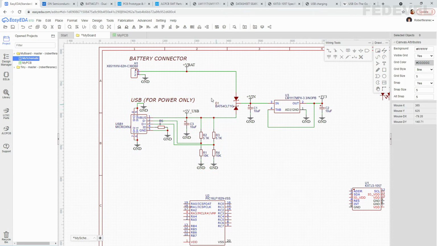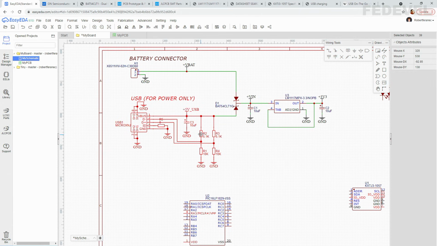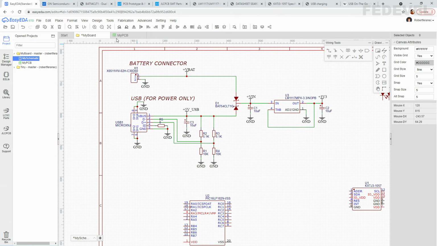So this time I would like to select only everything like here. So I'm going to move it a little bit up like this. And same here, I'm going to move it a little bit down like this.